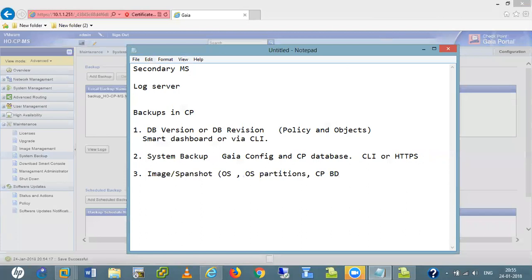All the things are there for that. This backup also takes lots of time. So these are the three backups.